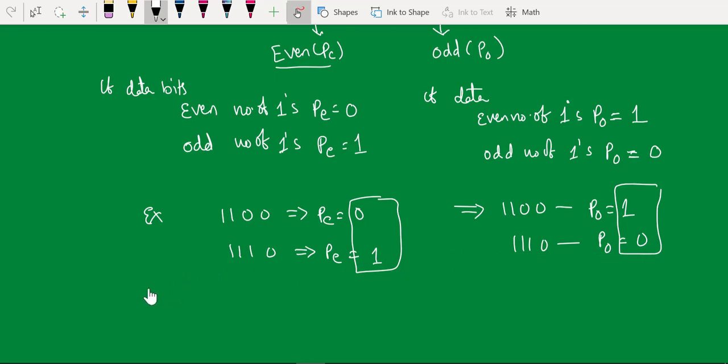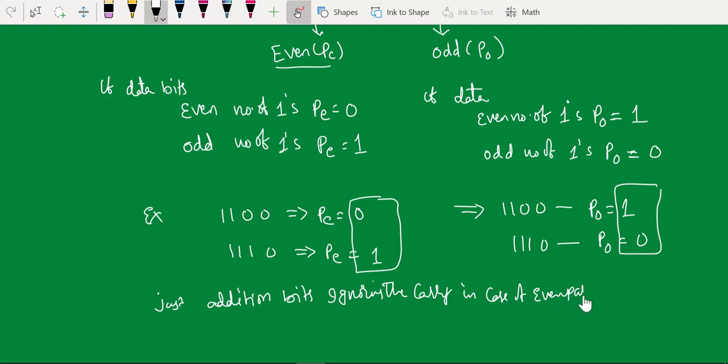So if you try to understand the logic behind the parity generation, it is just addition of bits, ignoring the carry, or discarding the carry, in case of even parity.